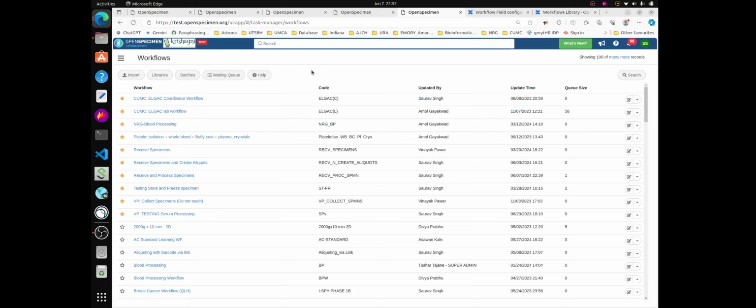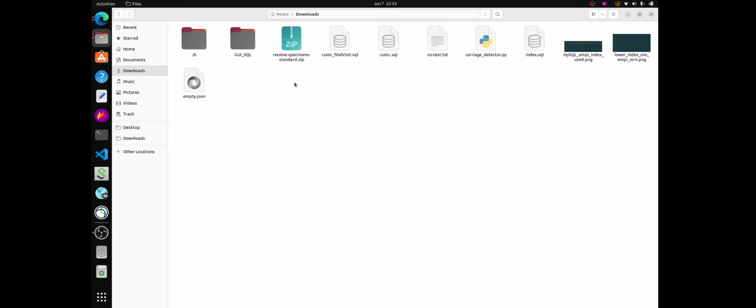Okay, once we are in the workflow list view page, we can select any workflow to be our template. For now I am selecting this receive specimen workflow. To download this template, I need to select this drop down option and click on download JSON. It will download the file in zip format. I'll go to the download folder and extract this file,